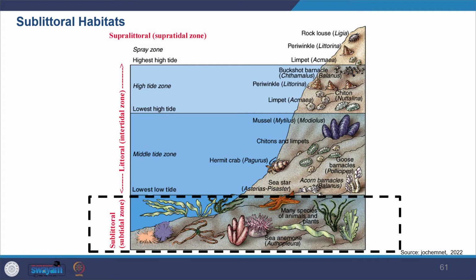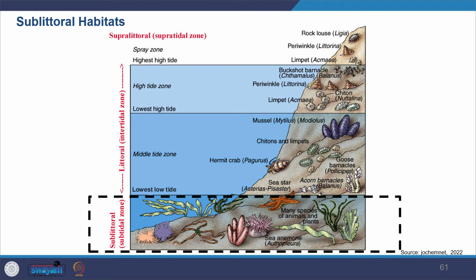So now moving on to another habitat, the sublittoral. This is below the littoral zone, where you have the extreme low water spring tide level, and the seaward limit is less clear. So where it really ends is not very clear. You can include the shallow sea to the depth where sediment is not disturbed at all, so you can take the area from shallow sea to deep sea as the sublittoral habitat.